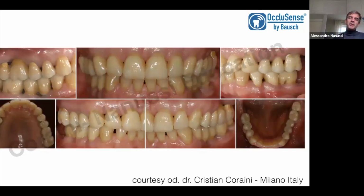And immediately we go to the final restoration. This is the final work made and applied by my partner, Christian Coraini. My work is to balance it and check overloads. Well, this work is good for an old person. This patient doesn't want an aesthetic like a young person. He wants to be natural. And the technician had to work so much to create some natural